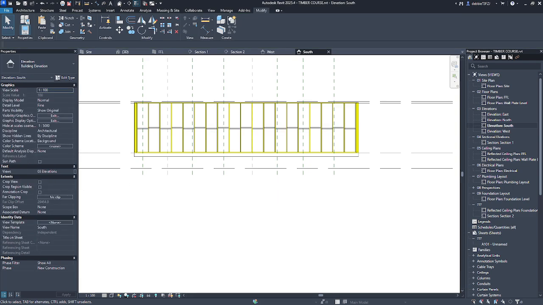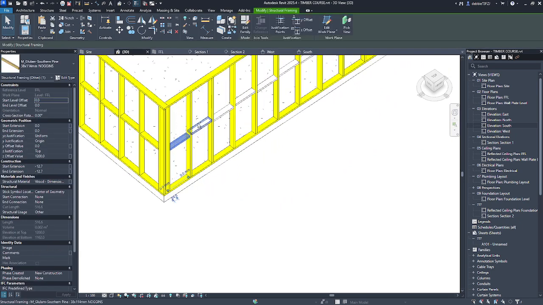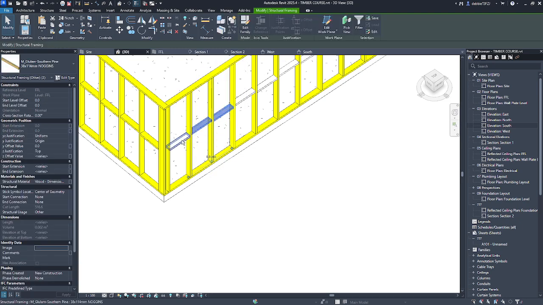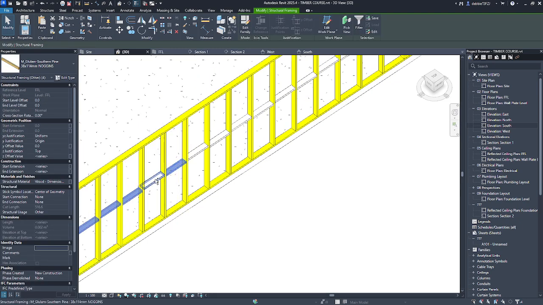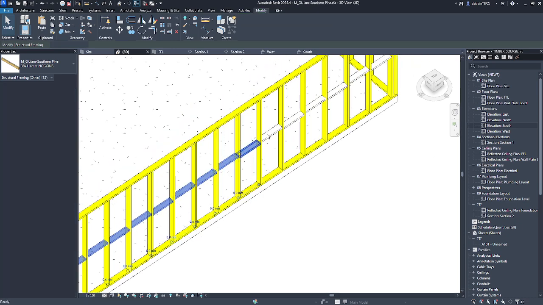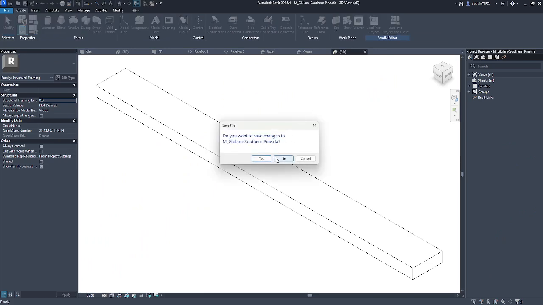I guess it's picking up other ones as well. So let's just go select them manually. Double clicked too fast on my mouse. Apologies.